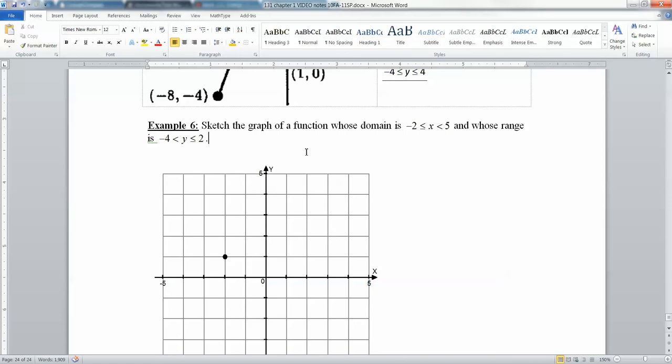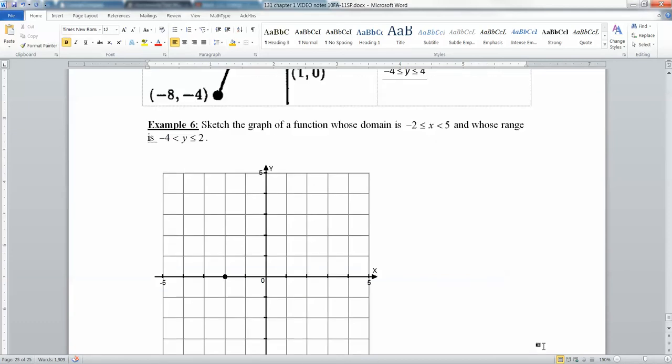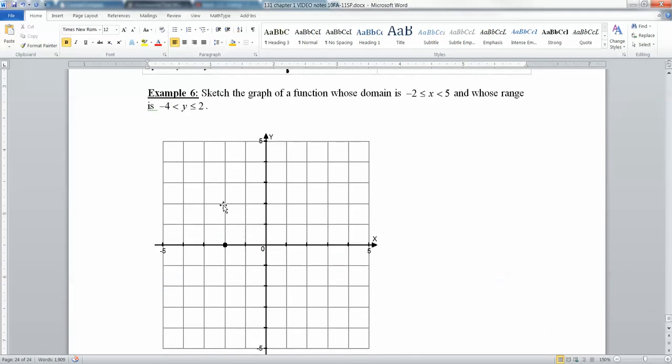Now it's got to be a function, so I'm going to have to make sure it passes the vertical line test when I'm done. And I put a dot down here. Now what am I doing? Well, it's -2 is less than or equal to, which means I get a closed dot on the -2 side. So I put -2 right here. Now I could have picked it there. I could have put it at 0, like that. In fact, I could put it pretty much anywhere along this -2 line,